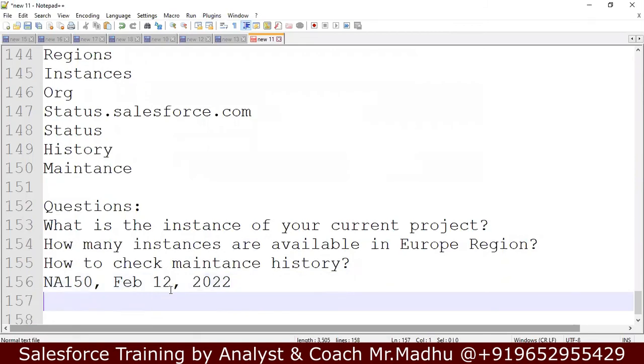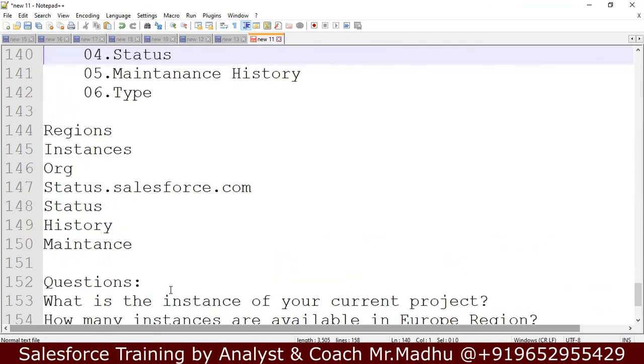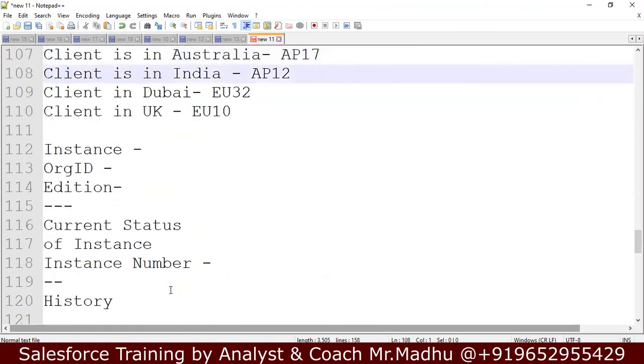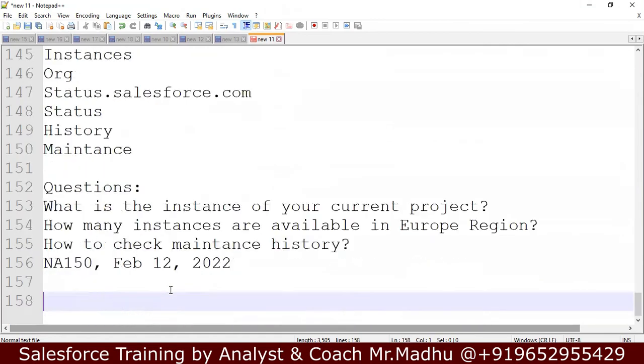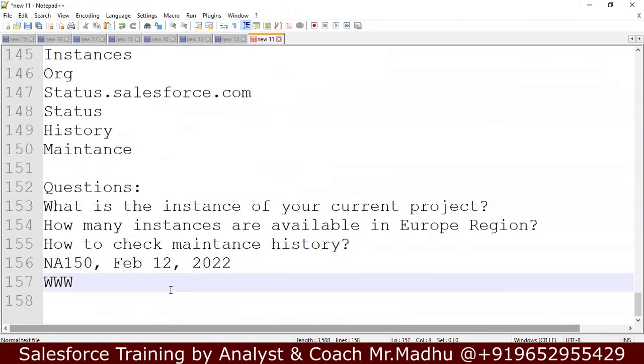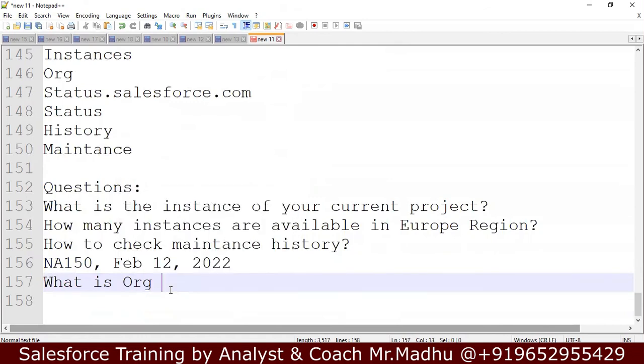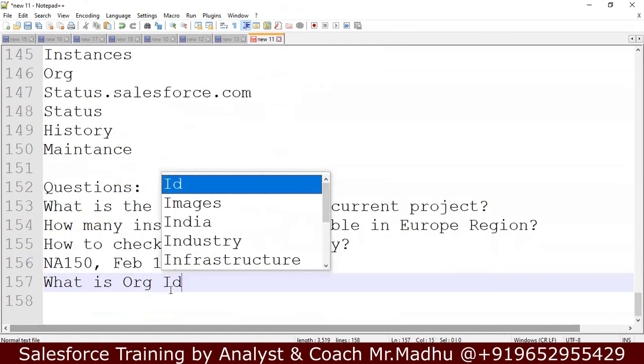Take a screenshot in a Word document. Then, what is Org ID? Explain Org ID.